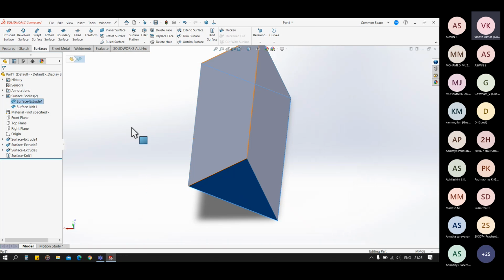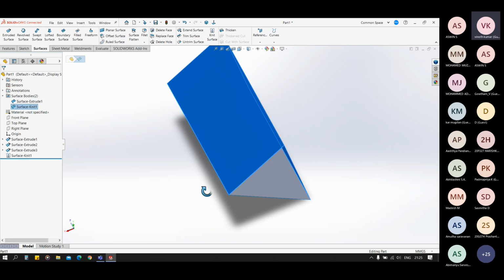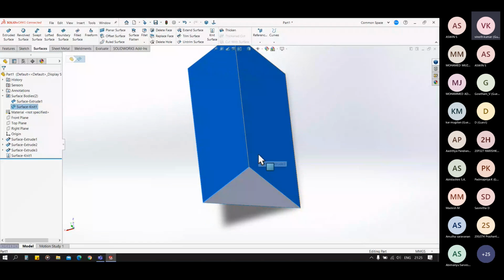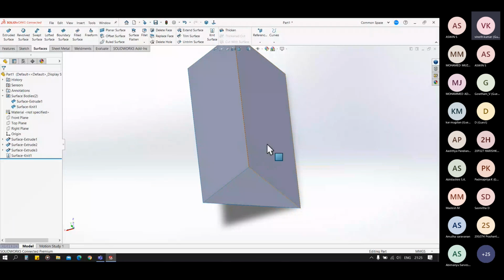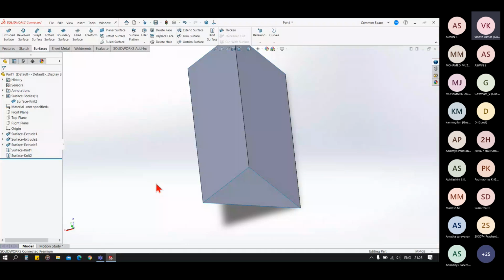Now you can see one is this bottom body and the other is this. So the knit command does the joining of two surfaces. Now use the knit again for this and this to knit that. So you see we only have one surface body.